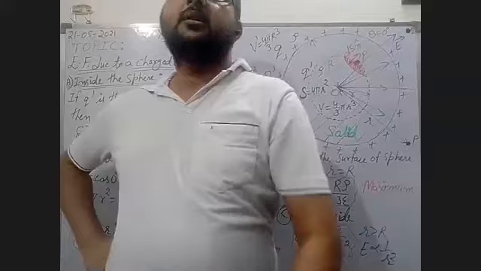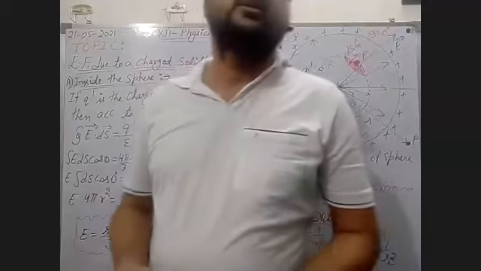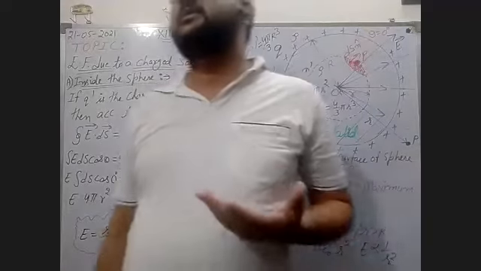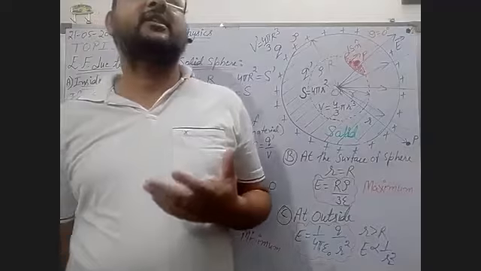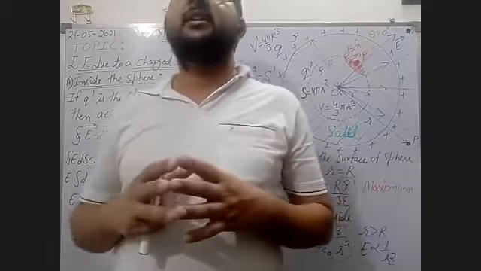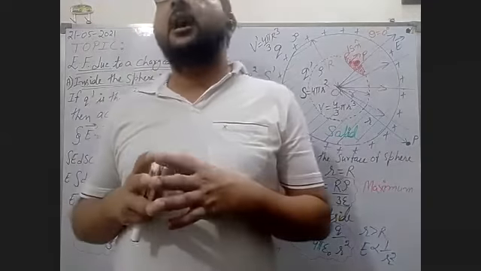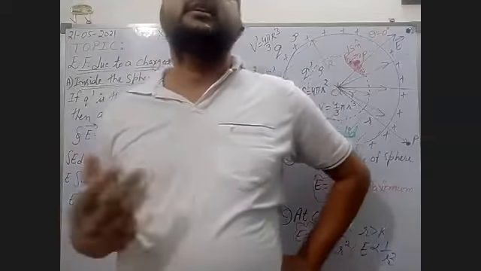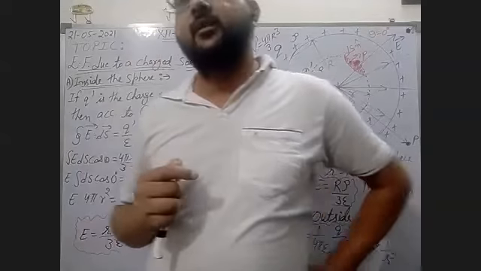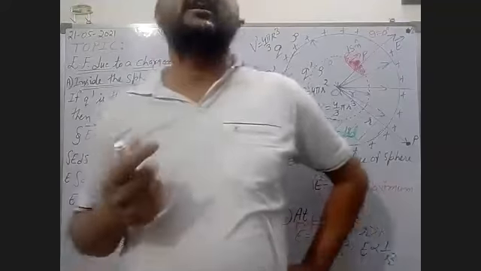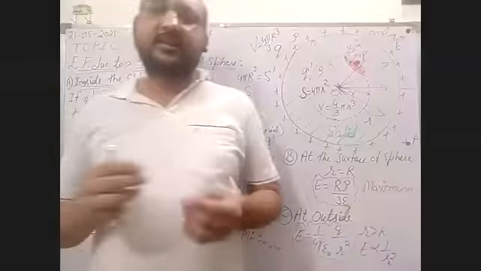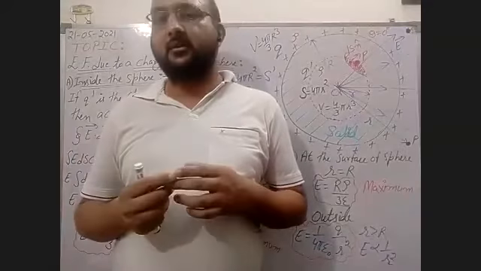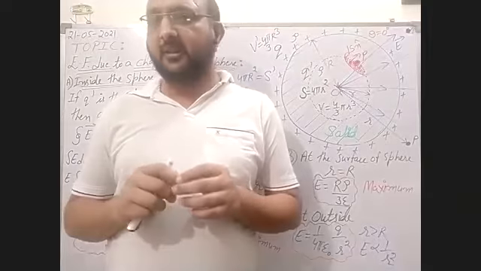Good afternoon to all of you. As we know, in a hollow sphere there are three cases: one inside the sphere, another on the surface, and the last one outside the surface. You have to study these. You had also studied the graph between the electric field and the distance from the center where we have to find the electric field.